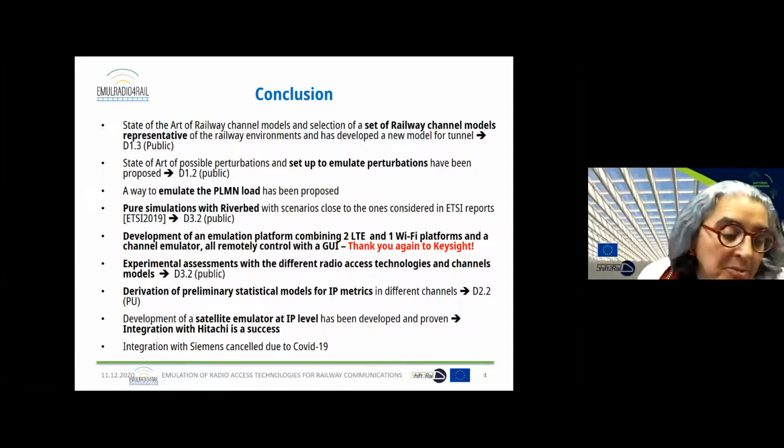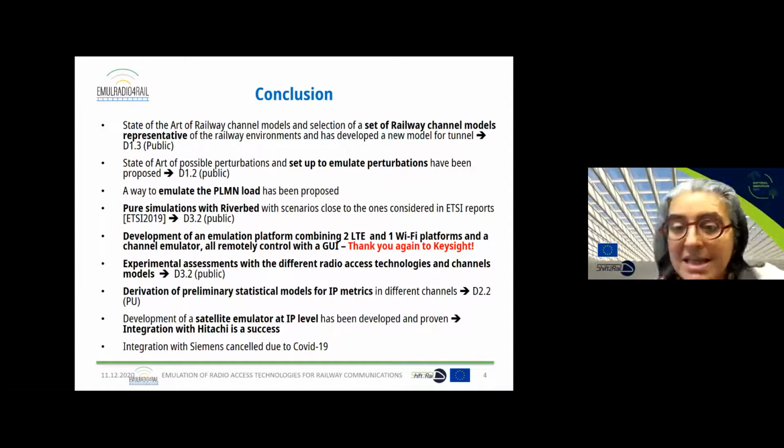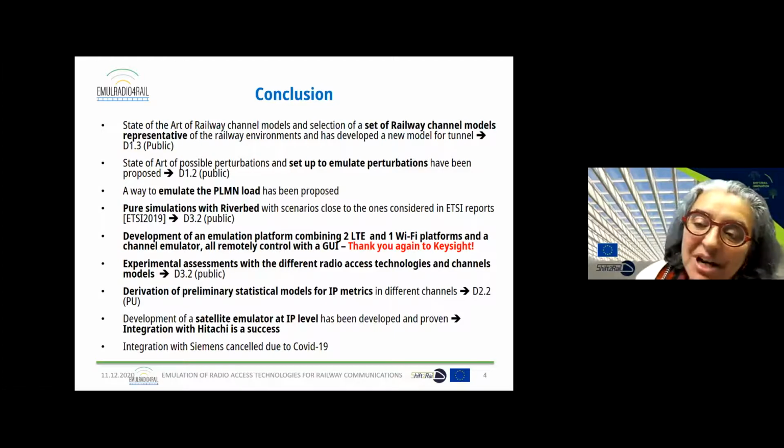As I said during my presentation, we had some problems, and unfortunately we had to send back the Keysight emulator, so we were not able to investigate and understand much better where the errors are coming from. Thanks to the work of Mohamed and the collaboration with DTU, we obtained some results using pure simulation that are, in our sense, complementary to what we obtain in experimentation.